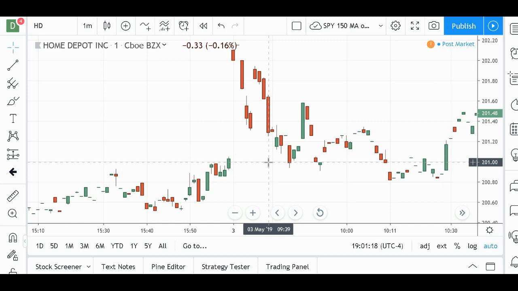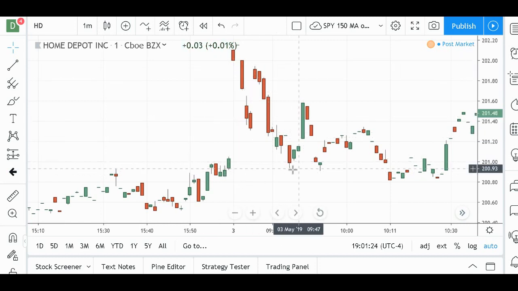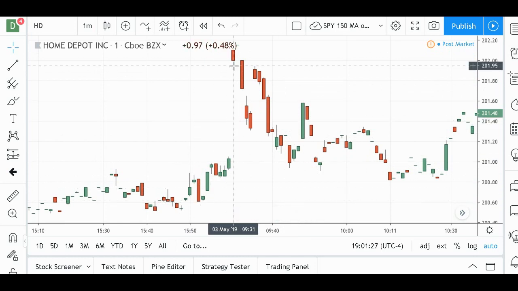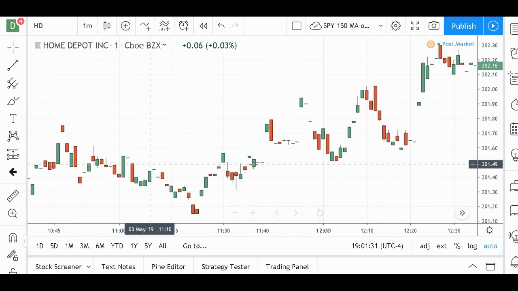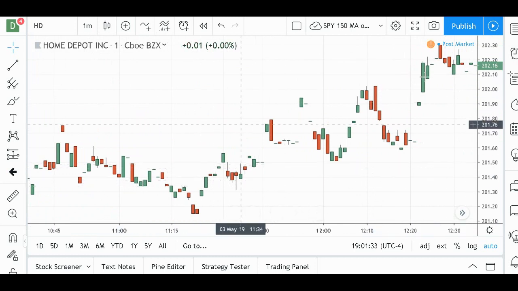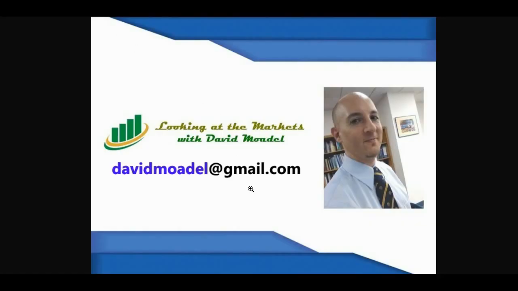I hope this was helpful to you. It's a new approach. So instead of just gap and go, or gap and fill, you've got gap, fill, and go, and go, and go, right? Okay. It doesn't always work out perfectly like this, so just be aware of that. All right. But more importantly, you want to have a plan, so you know what to do, when to get in, when to get out, which stocks to even put on your watch list and to trade, things like that. Position sizes, how much do you put in there, things like that.